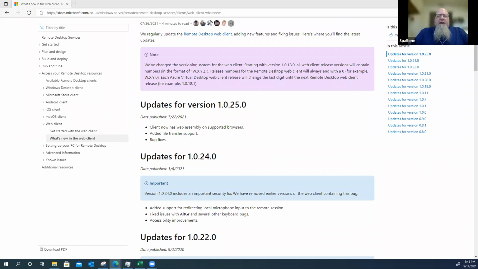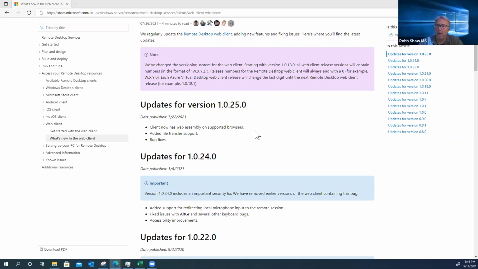Yeah, and it's funny, Andy. Great minds think alike. I went to the web client as well, and looking through here, in July there was file transfer support for the web client, which I think is pretty big, especially for web client access to my VDI. And the one previous to that, again going to this theme of the user experience, was redirection of the microphone to the remote session. It's amazing when you think about where we've come from fat clients to now, where everything is so streamlined. It's amazing how fast we get there.